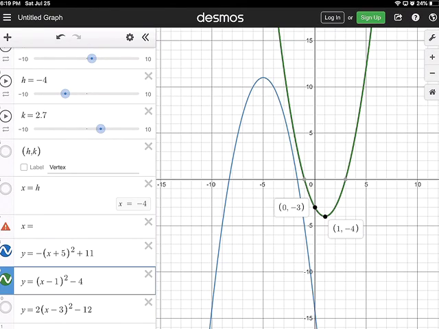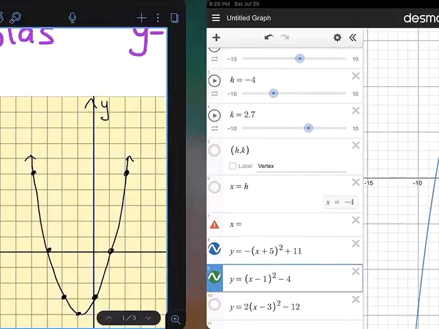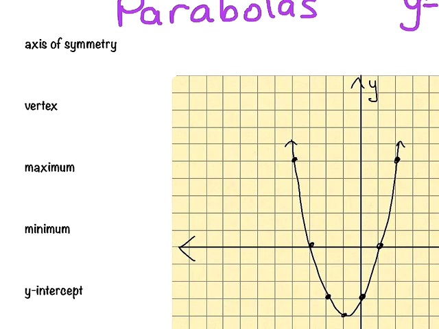So if you want to pause there and try something, it's fine. Otherwise, I'm going to go through another example written out. So to summarize, our axis of symmetry is x equals h. It's what splits our graph in half. Vertex is the center point,